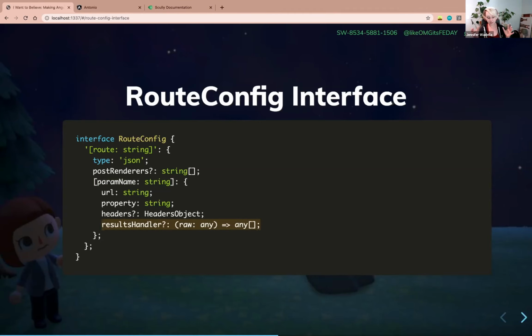So if we have an ever-evolving list of products that we're offering, or services that we are selling via our application, anytime we run Scully, we make a request to the API, we're going to get a list back of all our products and be able to build out any relevant pages for that.